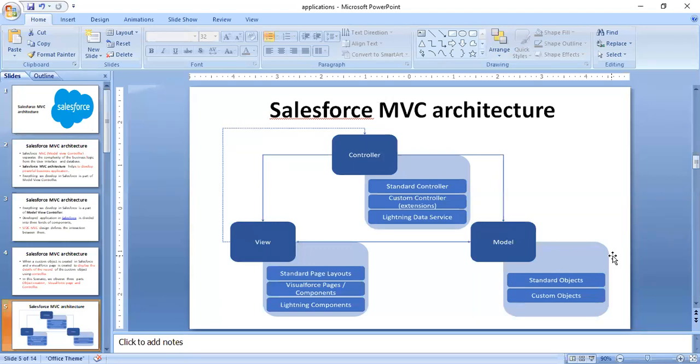A standard object is an object or table created by Salesforce. Custom objects are created by the users. That means you may create your own objects, your own tables, and then access those tables. That is called the model.